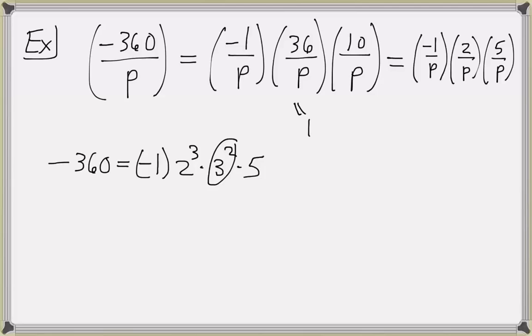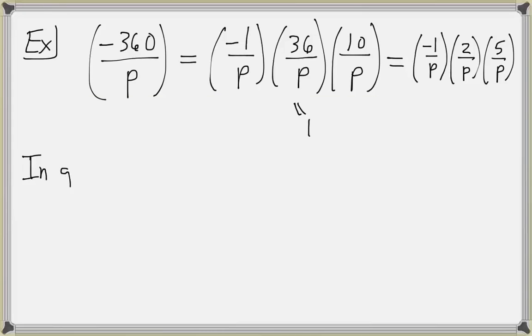So think about our properties. We know how to evaluate negative 1 over p. We know how to evaluate 2 over p. We have formulas for that. The only thing we don't have a formula for is a Legendre symbol like the last one, 5 over p. So it turns out if we can figure out how to evaluate negative 1 over p, 2 over p, and then an odd prime q over an odd prime p, then we can completely determine Legendre symbols, even with very large integers. So in general,